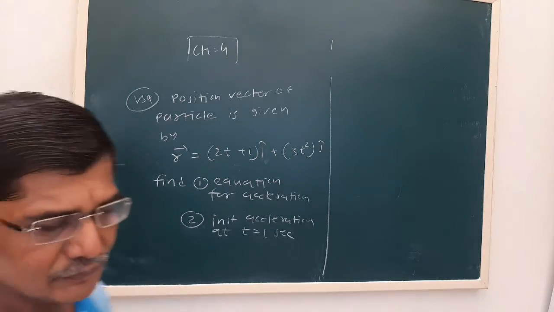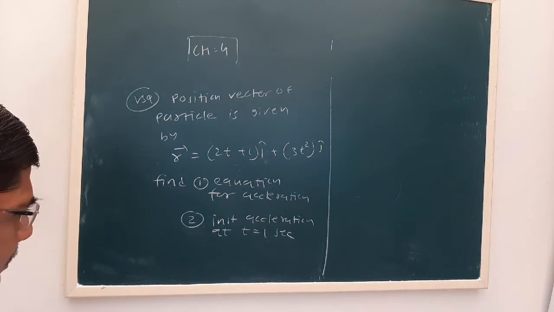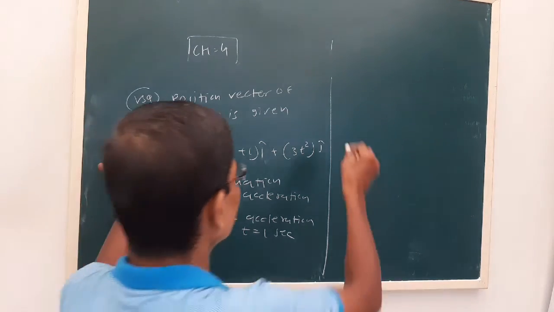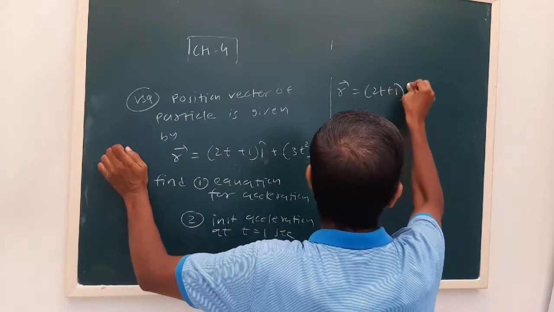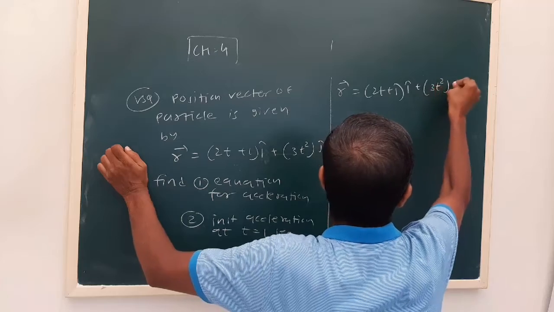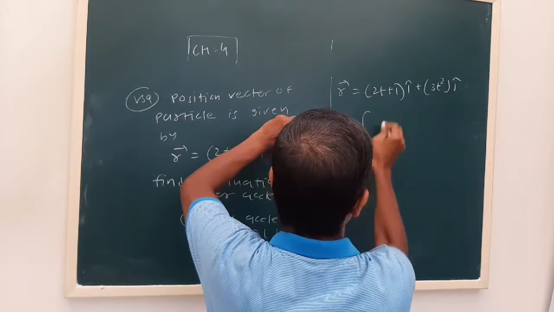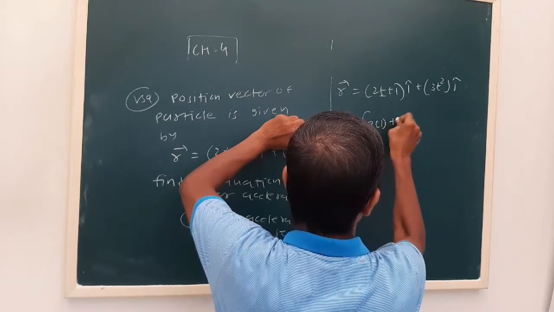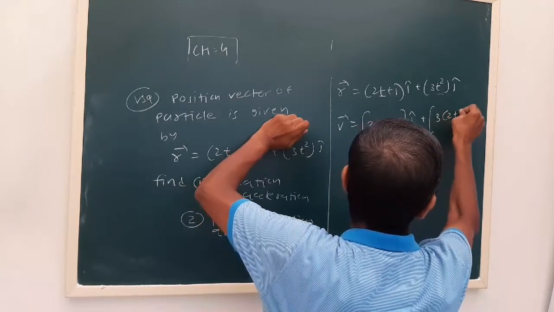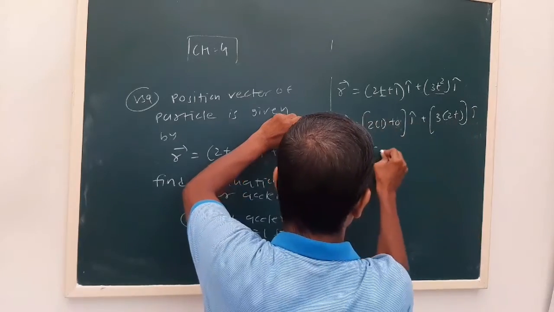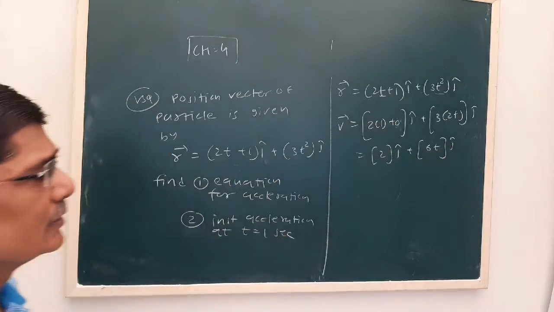Now here, the question is divided into 2 parts. First, you have to obtain the equation of the acceleration. Second, the magnitude of the acceleration at 1 second. Now our equation, r is equal to 2t plus 1 i caret plus. The first derivative gives the velocity. So v is equal to, here t derivative is 1. 1 is a constant term, i caret. 3t square derivative is known to us, 6t. So it will be 2i plus 6t j. Okay, this is the